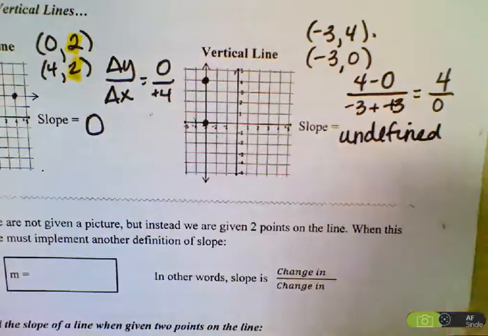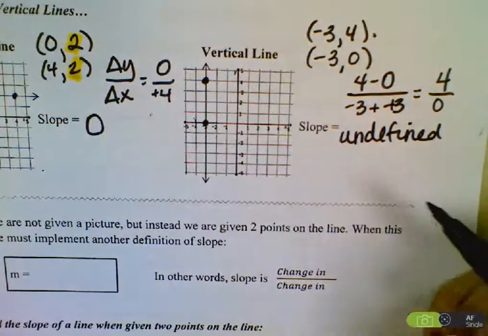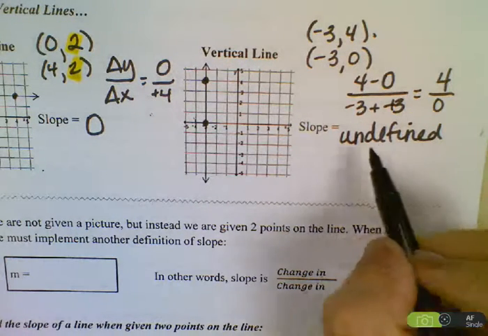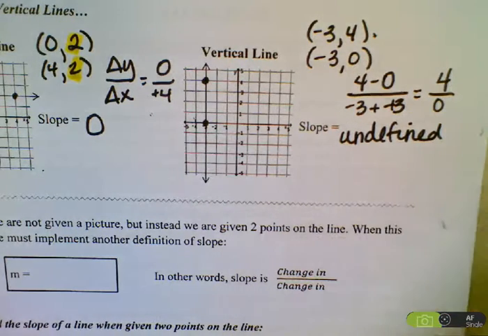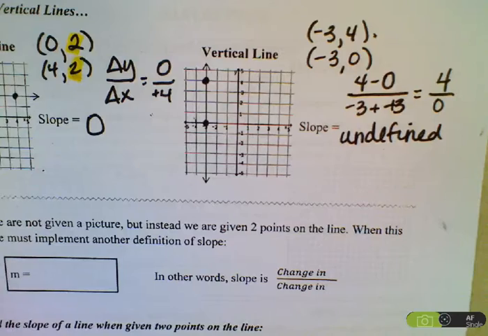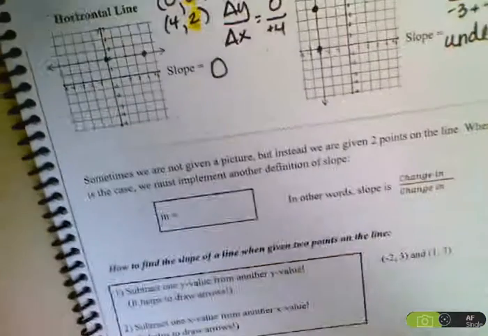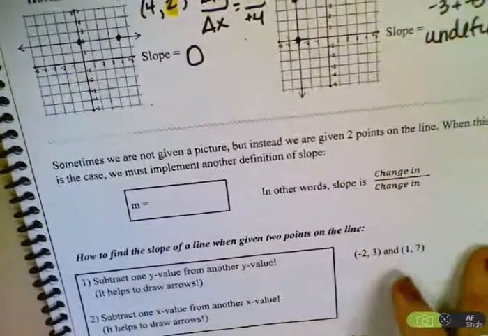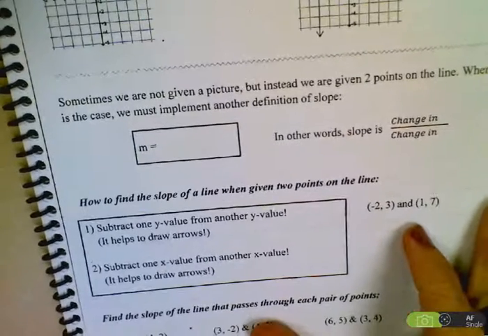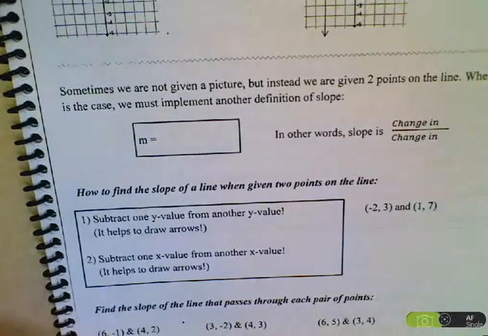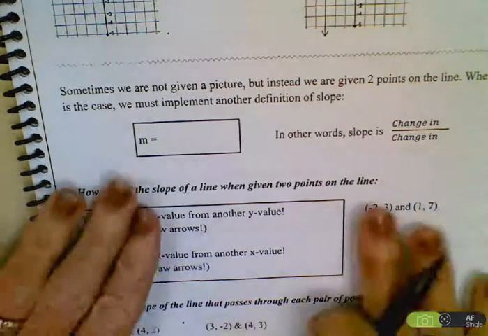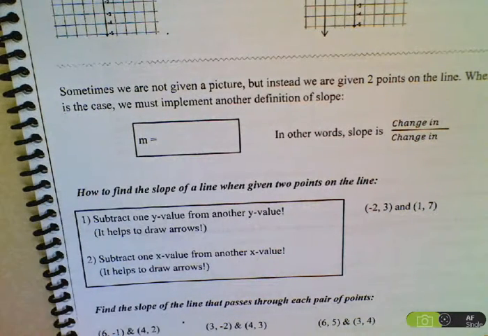Okay. So anytime you have a vertical line, you're going to have a slope that is undefined. Okay? So sometimes we're not given a picture, like we were up there. You're just given points. So then you're always going to calculate the slope to figure that out. So we're going to do some practice with just finding slope now. Okay? We've been doing this a bit, so